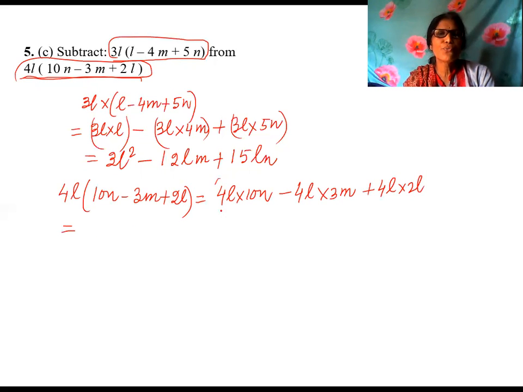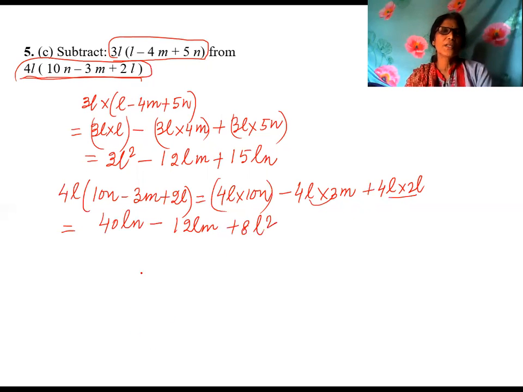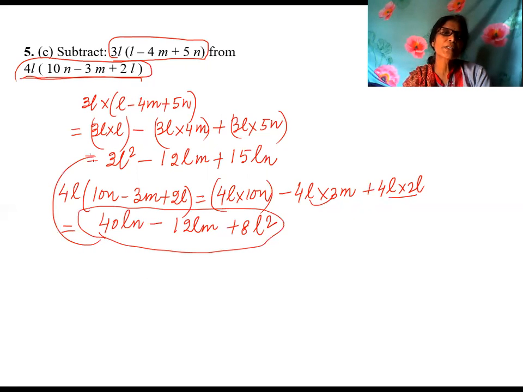First gives you 40ln. Second gives you 12lm, 4 threes are 12lm. And here it gives you 8l square. Next, I'll write this term first, because from this I'll subtract this one. So first I'll write 8l square plus